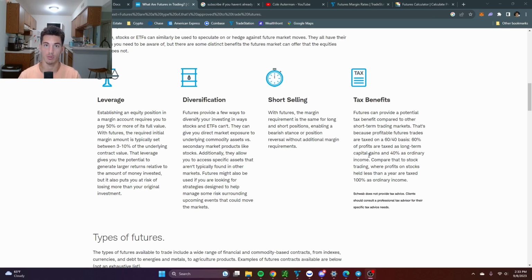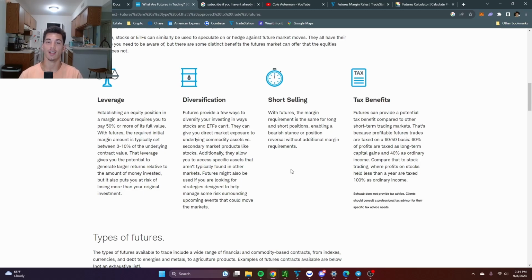That is just absurd. The next benefit that's not on here is the fact that futures are traded 23 hours a day, 6 days a week. So futures open at 6 o'clock Eastern time, 6 p.m. Eastern time on Sunday, and they're open from Sunday, Monday, Tuesday, Wednesday, Thursday, and Friday. And every single day they close at 5 p.m. and reopen at 6. And so, of course, on Friday, they close at 5, and then they're closed until 6 o'clock p.m. Eastern on Sunday.